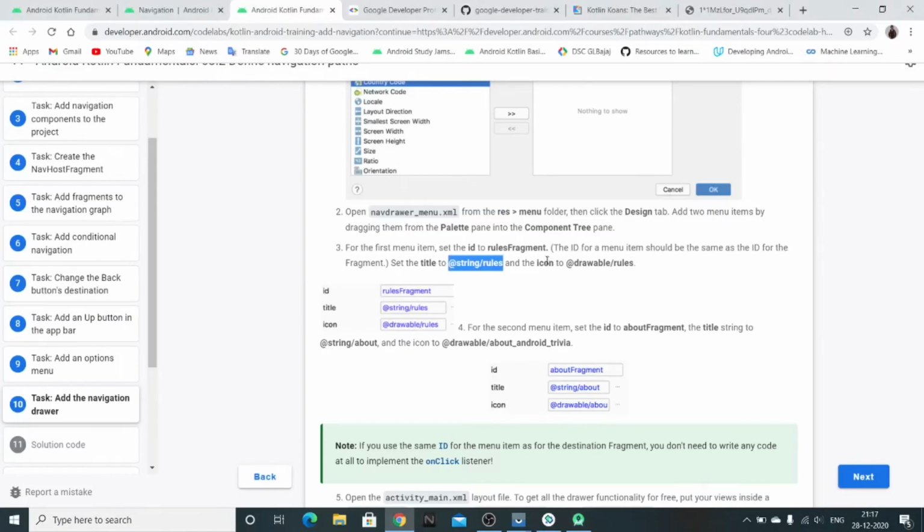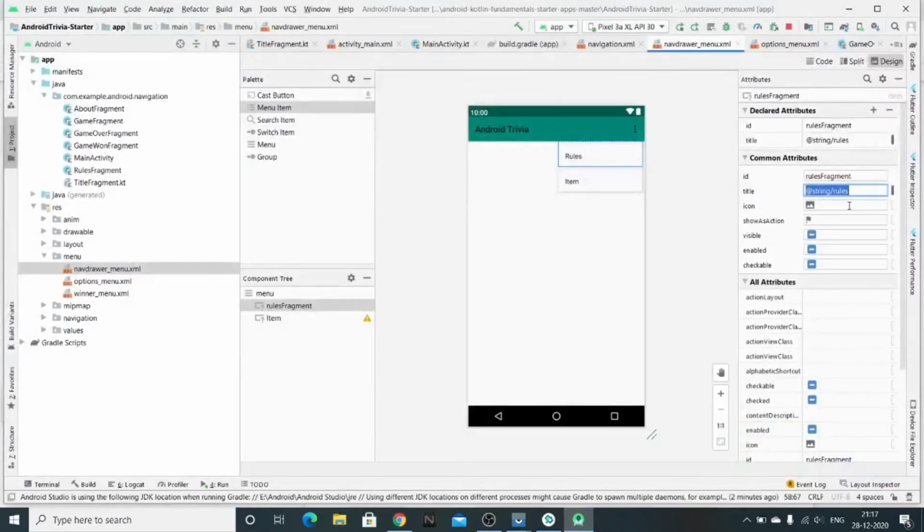Also, you can see these have some icons also. So let's add some icon so that our menu item looks beautiful.